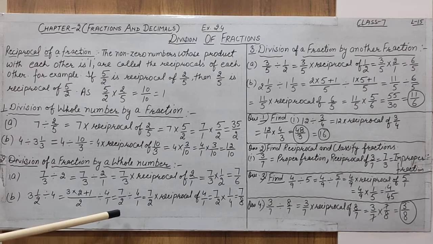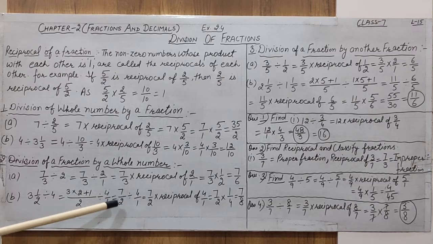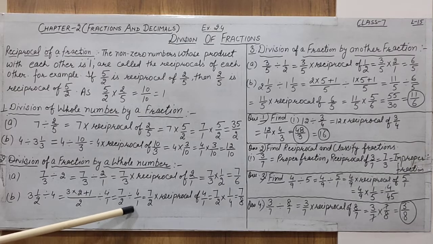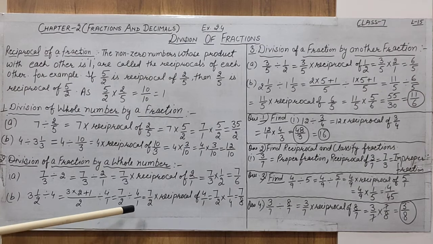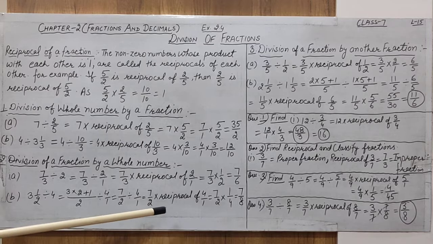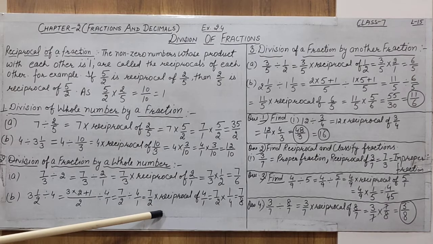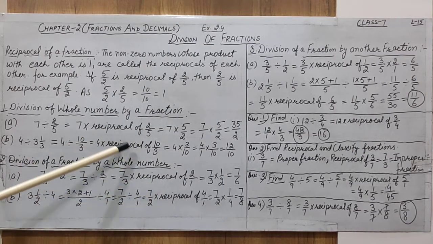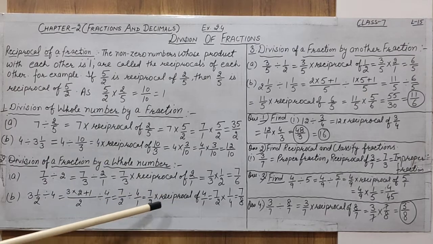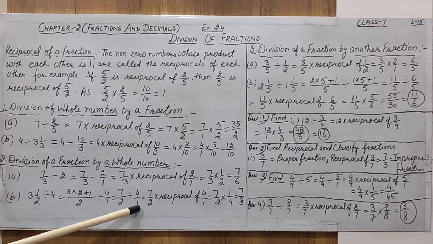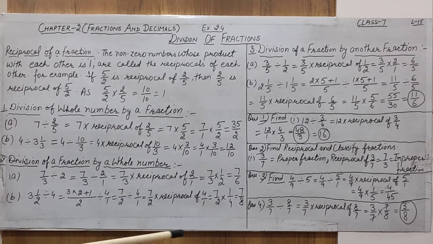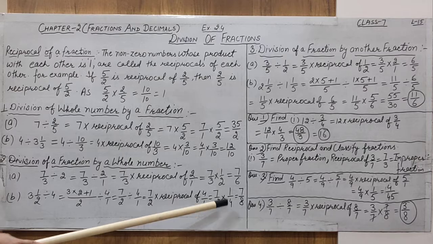You know, for a fractional number, a numerator and denominator both are required. So 7 by 2 divided by 4 by 1. The next process is again to change the division sign into multiplication. So 7 by 2 multiplied with the reciprocal of the second term, 4 by 1, that is 1 by 4. The same process happens in all the questions.